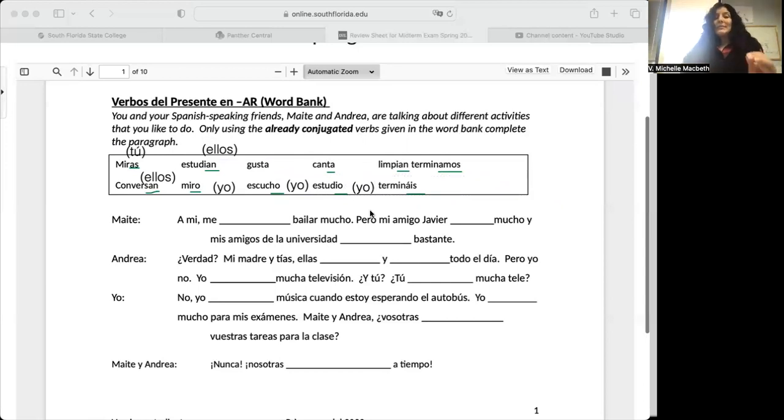So then we have gusta. And remember that gusta is either gusta or gustan. So that one we're going to put aside. It's irregular, but we have it in the singular form here, or the singular or infinitive form. So let's write that there. Okay. Then we have canta. And we know because it ends in an A, it has to be